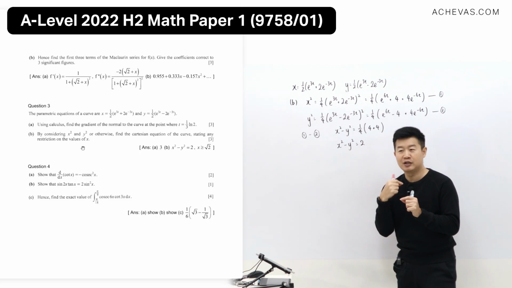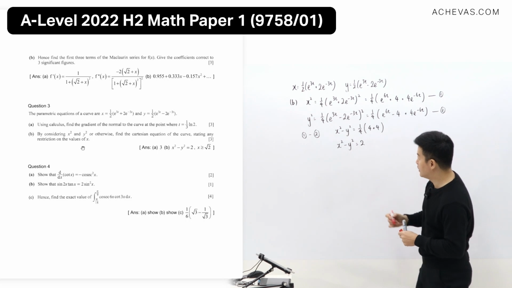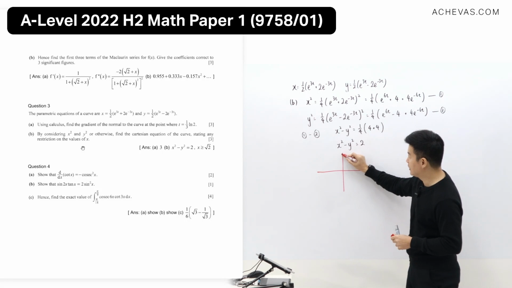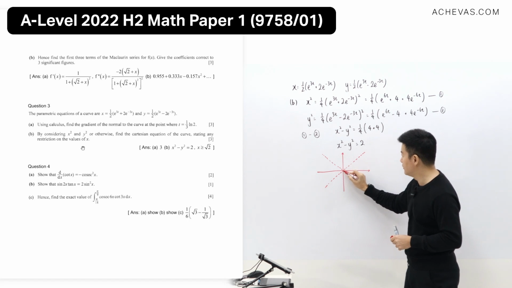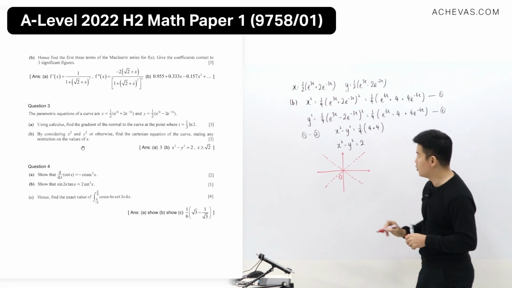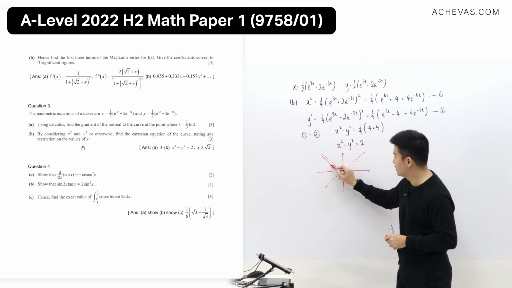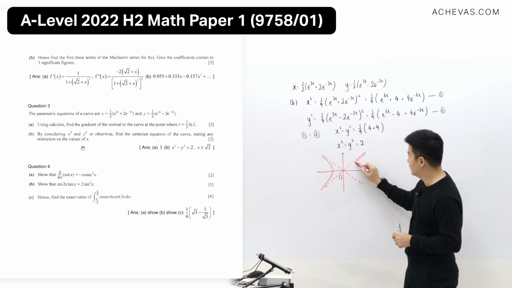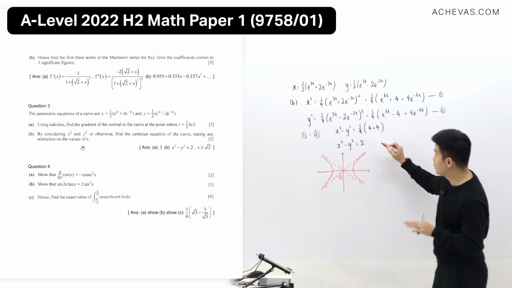That is going to tell us something about the range of values for x. So this hyperbola will have a center at the origin, so the two asymptotes will be passing through the origin. So this is O. And the shape of the hyperbola is going to be like this, and like this. It is not necessary